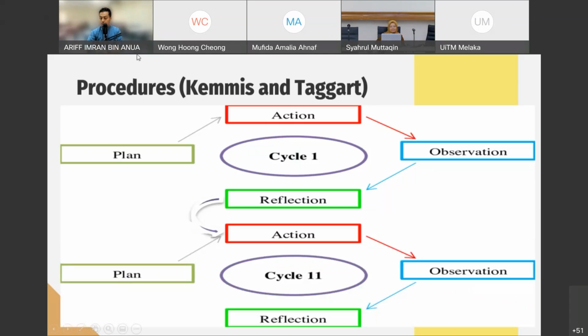And then the procedure is just this one. If you are in educational research, classroom action research is your daily work, it's a piece of cake for practitioners and also lecturers and students in the educational background. Since there is planning, action, observation, and also reflection, and they are done in cycles: cycle 1, cycle 2, cycle 3, and so forth.